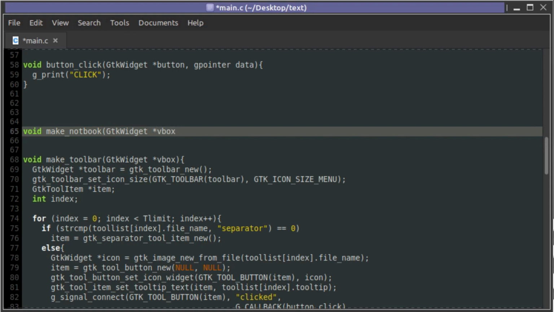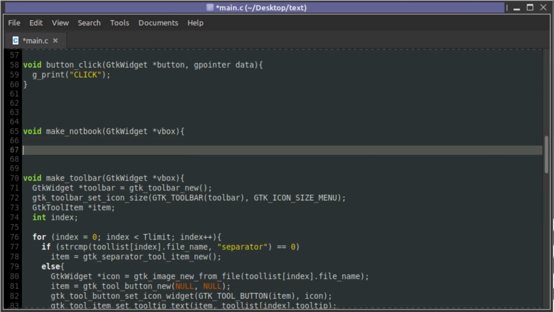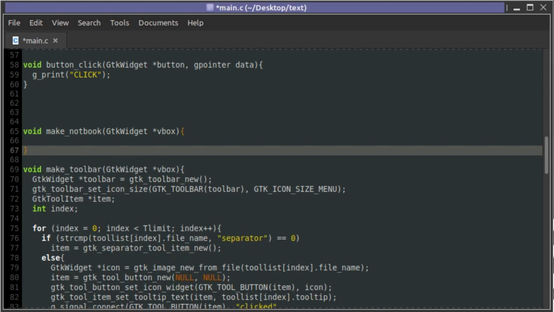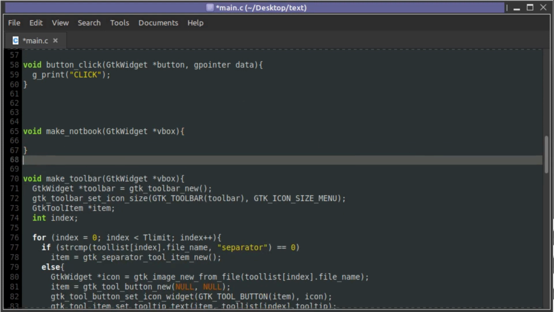There's much more to making the actual pages or the tabs to go into the notebook. But the notebook itself, we're really just declaring it and creating a new notebook. It's really not very much to this one. Oh, I'll put 2 lines there. So yeah, that would be